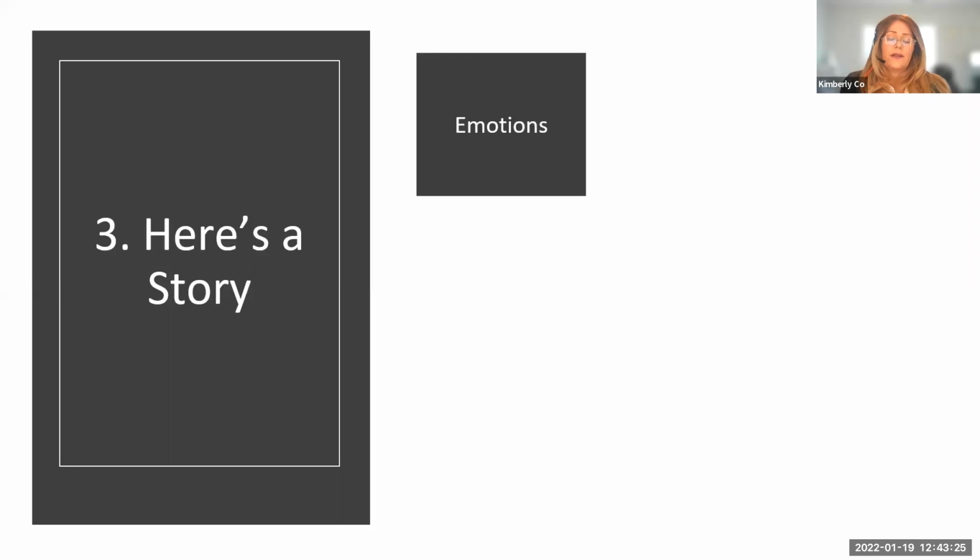So they played this movie for them, and then they collected their blood samples again. So they took it before and after. What they found was that two chemicals were produced, cortisol and oxytocin, and they're both related. Basically, they're related to empathy and focusing attention. So there is a scientific fact behind the empathy and the attention that goes along with when your emotions are evoked. And I think we could all relate to that. We all know where we were at various times in our life. I think we can all relate to what we were doing, who we were with, when we were on September 11, 2001.